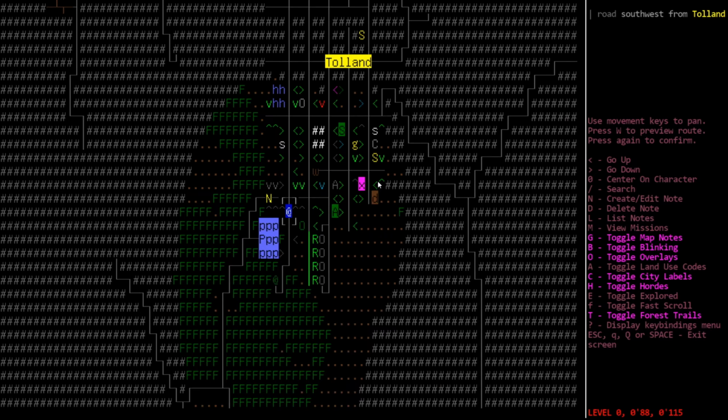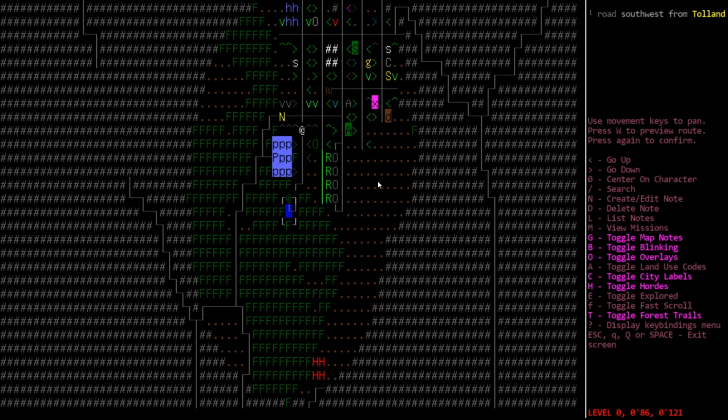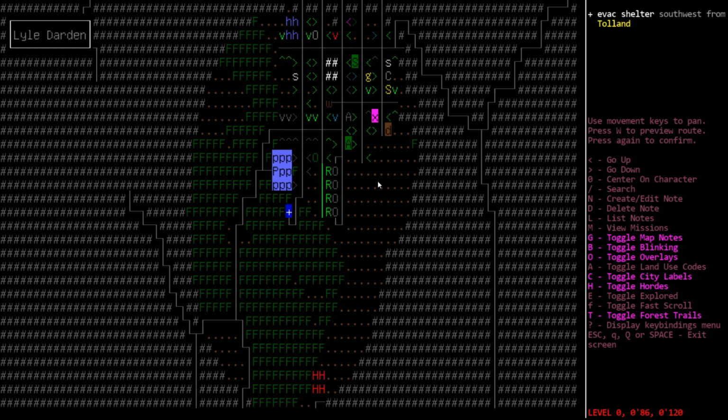The way we do this, we go to the map menu, which is the lowercase m key. We've talked about that. And we will highlight where we want to walk to. So here we want to go down to the evac shelter where we're staying. And over here you'll see it says use movement keys to pan. Press capital W to preview routes. Press again to confirm. So we press W. We will get these teal exclamation points. Now on your game it'll be dark blue. I've changed all the dark blue text to teal, because dark blue is really hard to read on black,